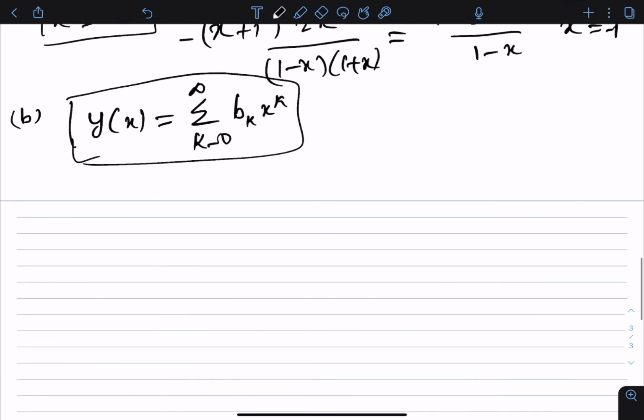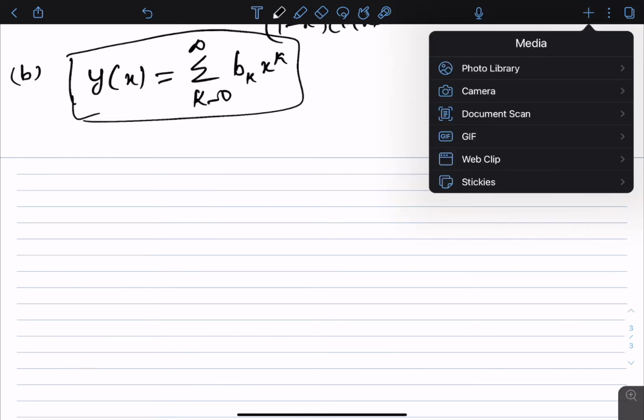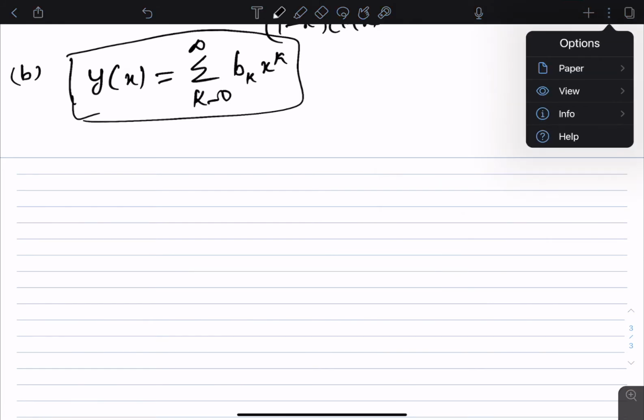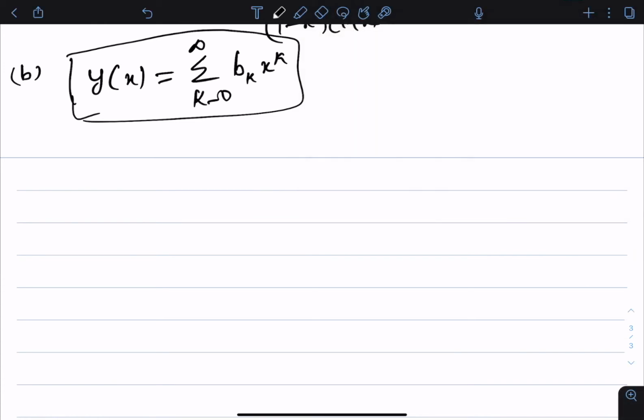Okay, if you do that, then let's remove this. I don't think we need this, right? Maybe we'll make it bigger. Yeah, that's better. So you take this y, you substitute in that ODE. Then if you substitute, you are going to get an equation. The equation you are going to obtain is the following. The double derivative will give you this, k plus 2, k plus 1,